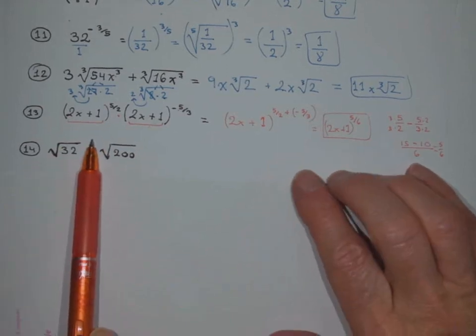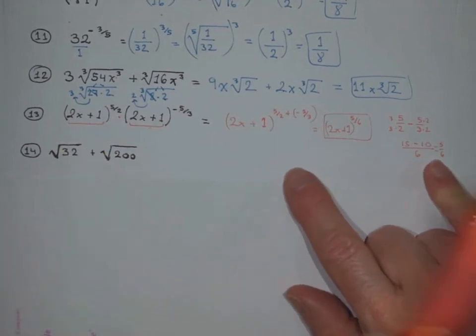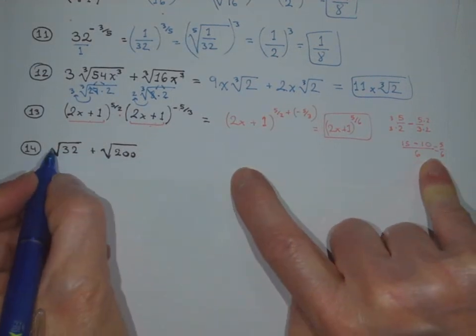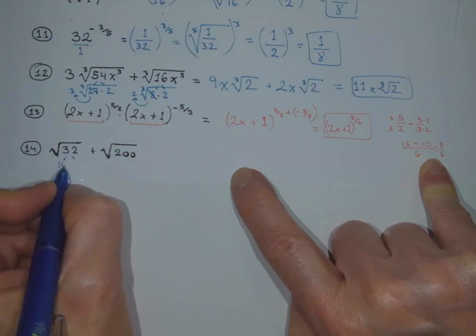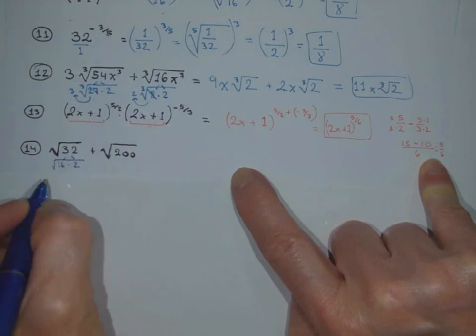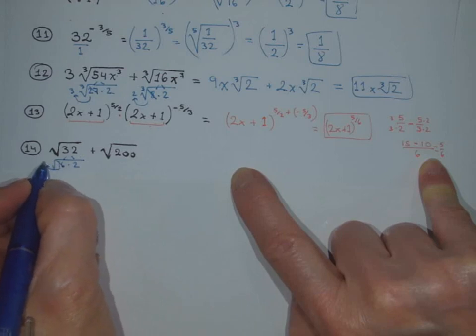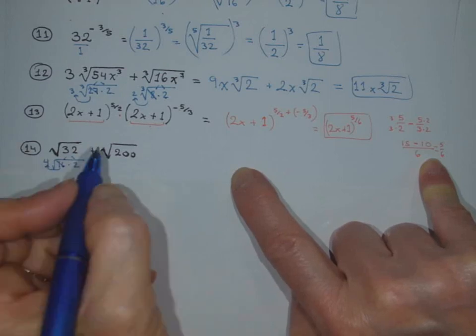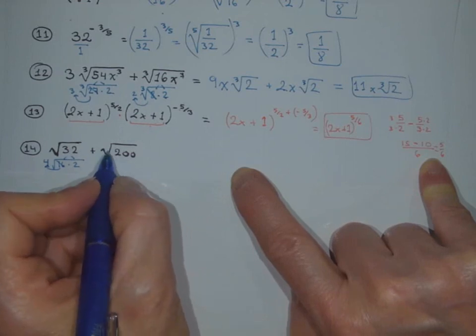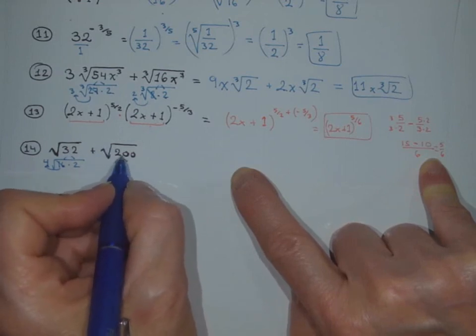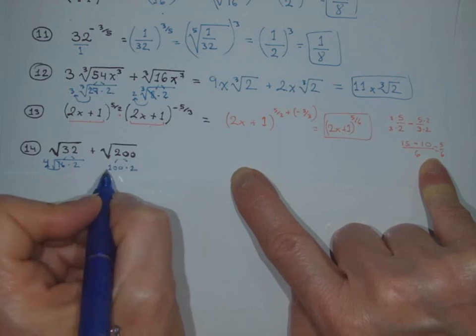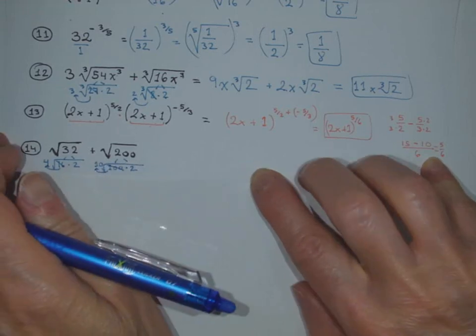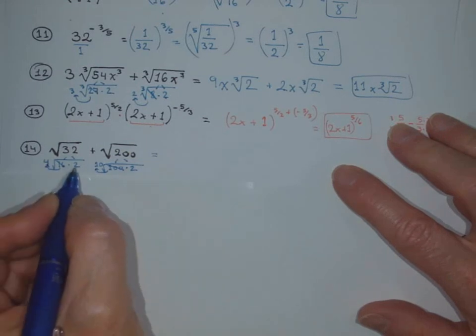We need to see if we can simplify that. So square root of 32. Well, I'm in a square root, so I'm looking for a perfect square in 32. Well, 32 is the same thing as 16 times 2. And 16 is a perfect square, so it will come out of this root as a 4. And then in 200, I'm looking for a perfect square. The perfect square in 200 will be 100. So 100 times 2. And when I take a square root of 100, that becomes a 10 on the outside. So I'm going to end up with a 4 square root of 2